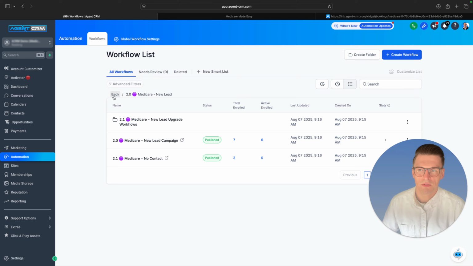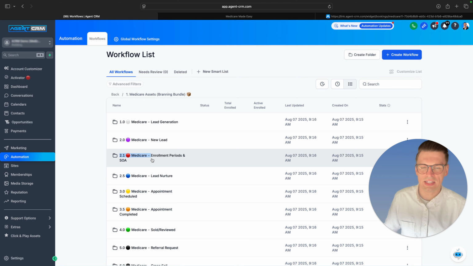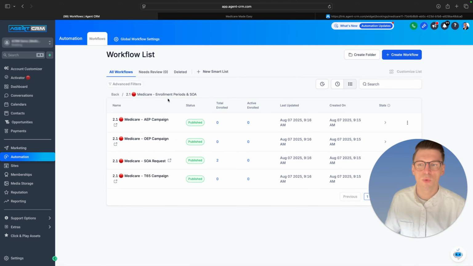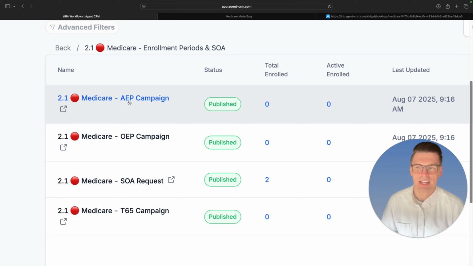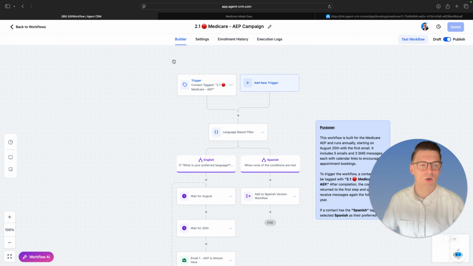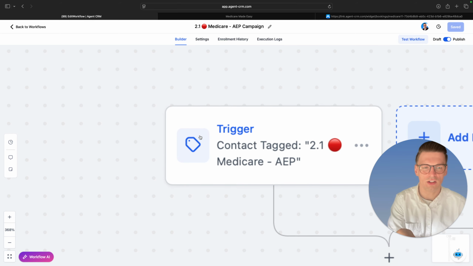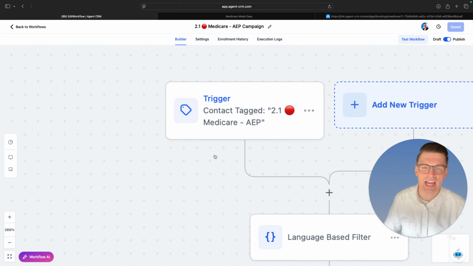Now let's look at some of the specific assets, especially the new ones for Medicare in 2025. We've got AEP, OEP, SOA, and T65. Are there any more acronyms? My goodness. AEP Campaign, Annual Enrollment. What we've got here is a sequence where when you have your contact list, you're going to trigger this campaign by adding a tag. You'll know which of your audience you segment them and you add the tag,